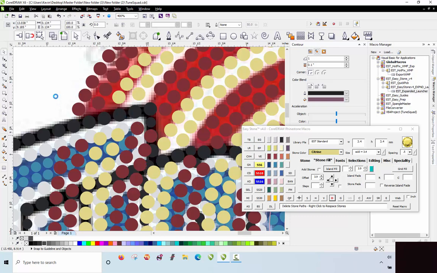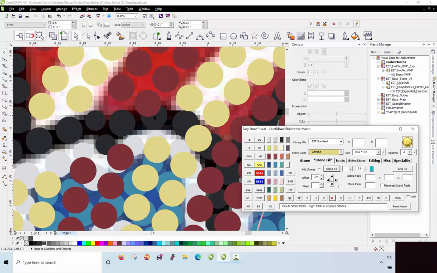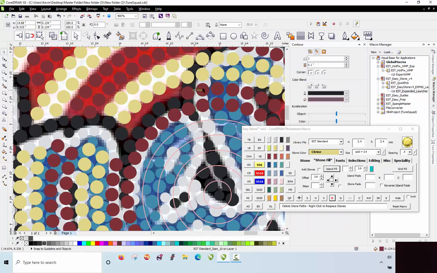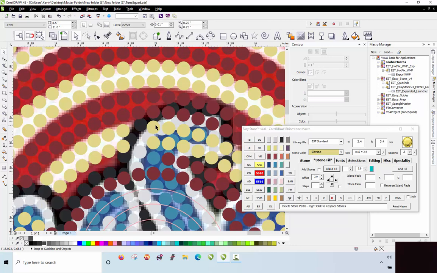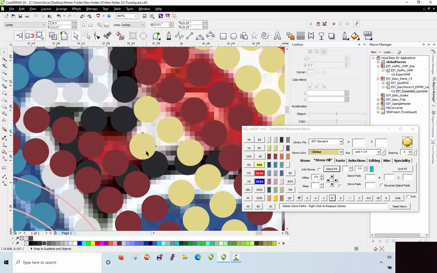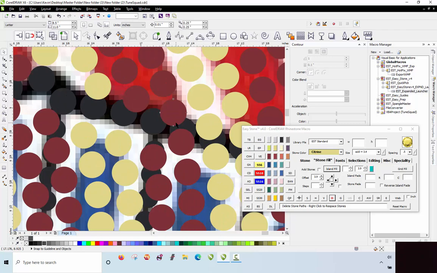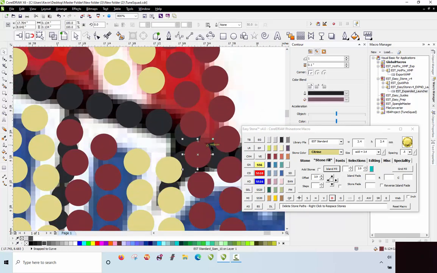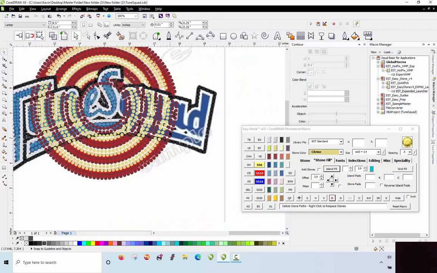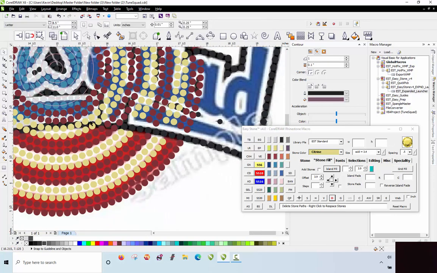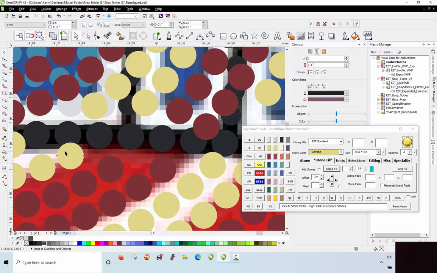Okay, so you see what we're doing here. We're just going to go around that whole design and get rid of anything that massively conflicts with that black outline. And the rest of it we're going to fix here. You'll see in a second. Anywhere there's a big conflict,